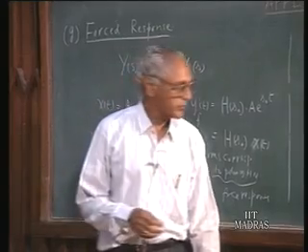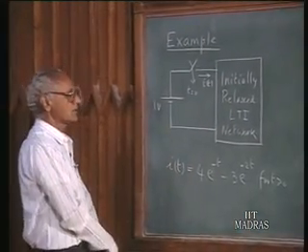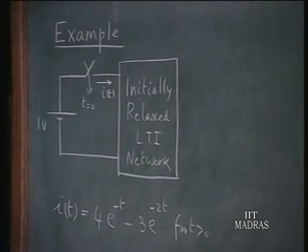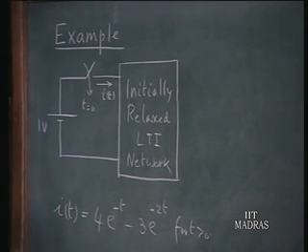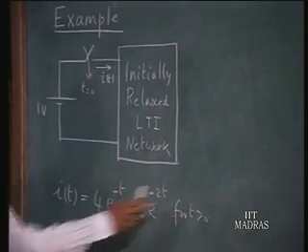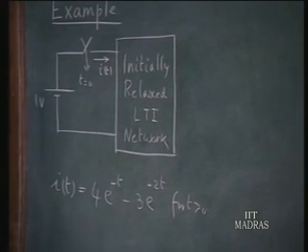Let us now work out an example to illustrate these ideas. Let us now consider this example where we have a network which is linear time invariant, and we treat this as a system. The input is whatever voltage you give, and the response quantity is identified as the current i(t). So when the switch is closed at t equals 0 in this particular network, it is observed that the current that flows into the network is given by 4 e to the power of minus t minus 3 e to the power of minus 2t for t greater than 0. Of course, it goes without saying that i(t) is 0 for t less than 0. Given this data, you are asked to find